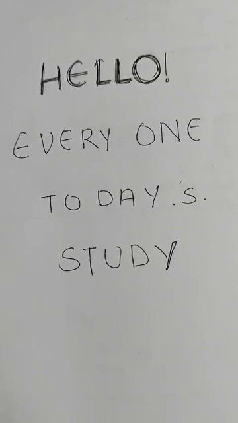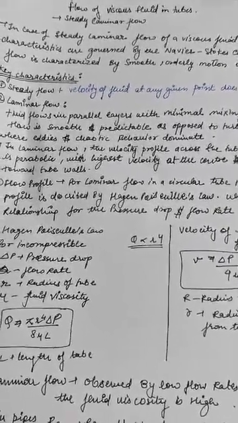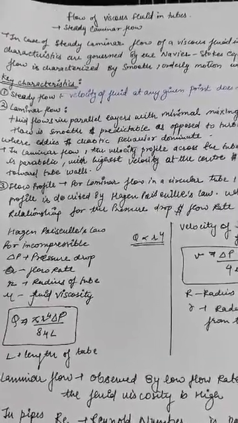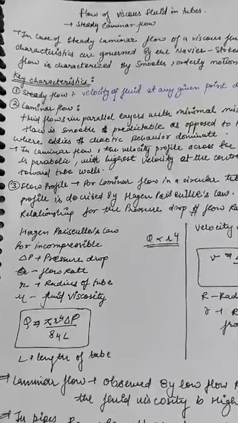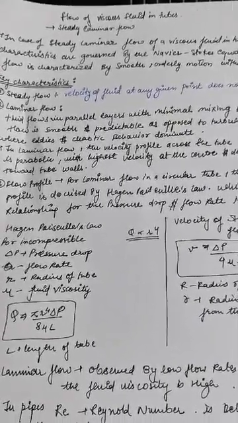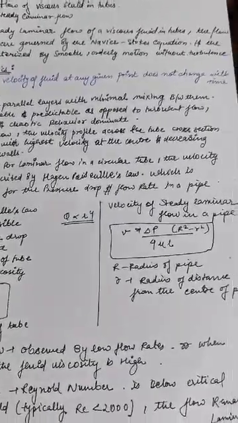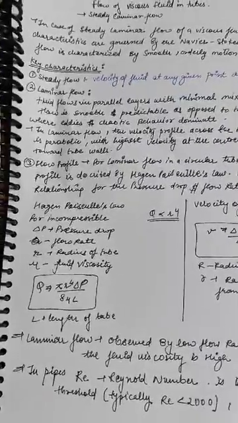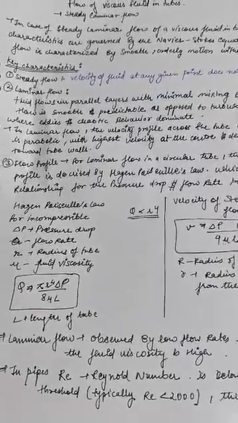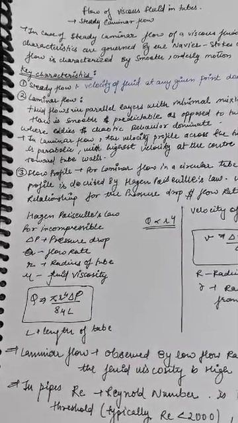We further proceed. So today we will talk about the flow of viscous fluid in tubes. If we study this topic, the laminar flow of viscous fluids is characterized by the Navier-Stokes equation, and the flow is characterized by smooth and orderly motion. The key features of this flow are steady flow, laminar flow,